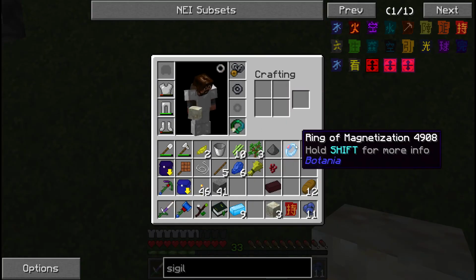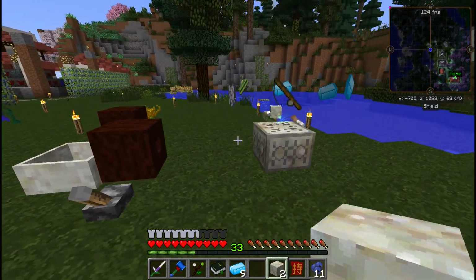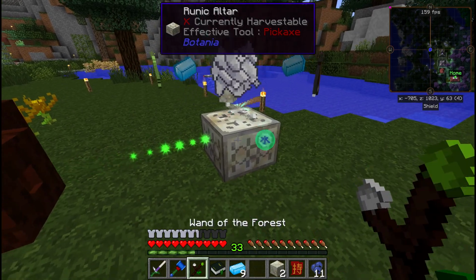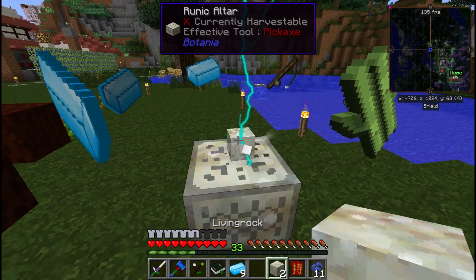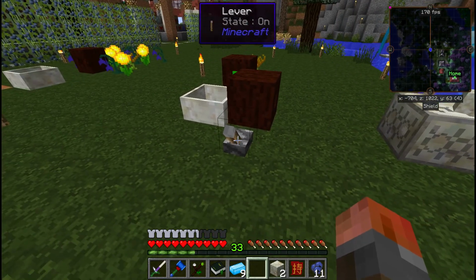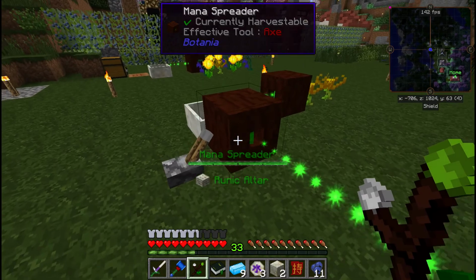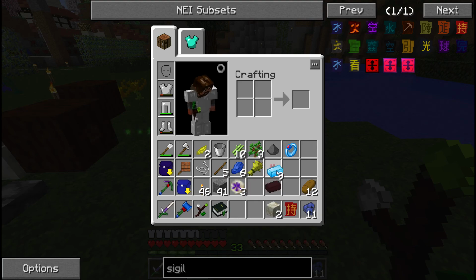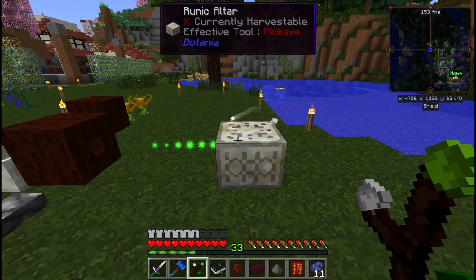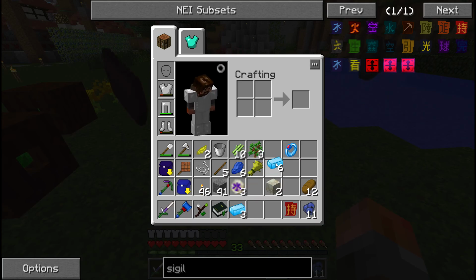Magnetism ring. There we go. Need another burst. You do. There we go. Fine. So that's the water, so let's get rid of the rest. So we want 2, 3. And it's probably going to be 3 more of those, isn't it? So